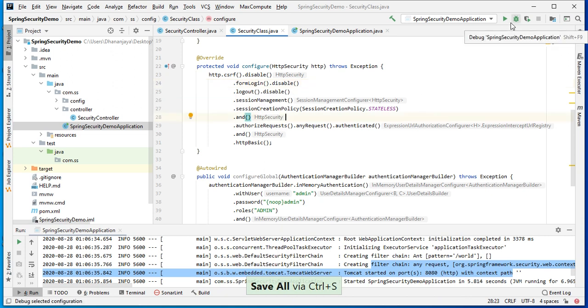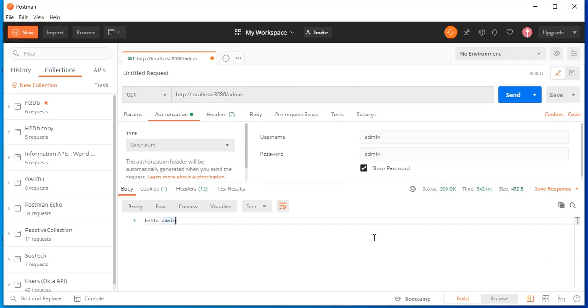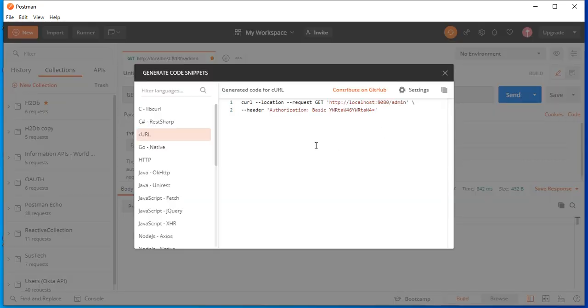One more thing I will tell you here. If you see the code here, you will get the basic authorization. Internally, whenever you are passing admin and admin as username and password, it is converting that into this code. It is converting into base64 format, and it is passing that authorization as a header.